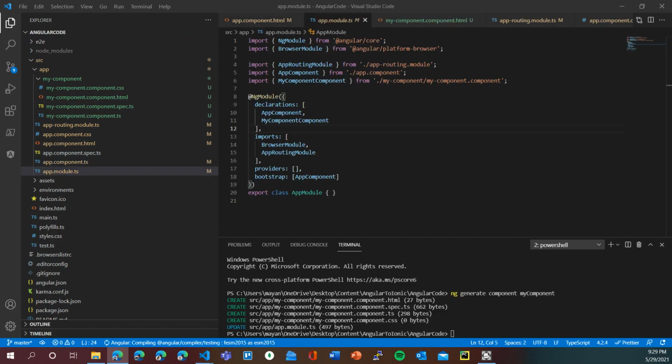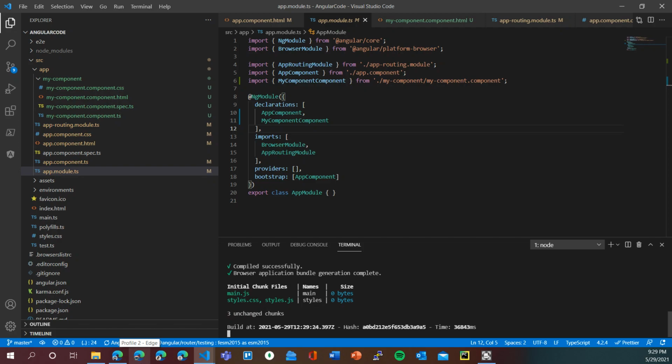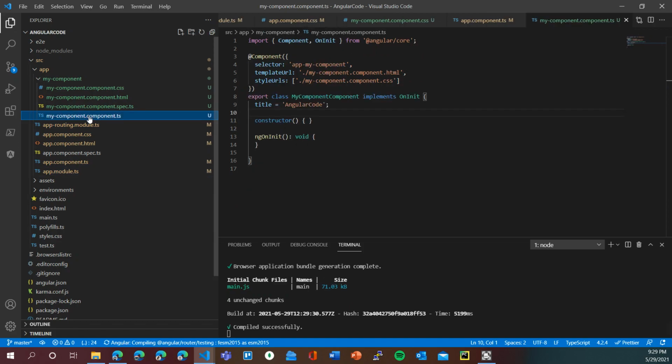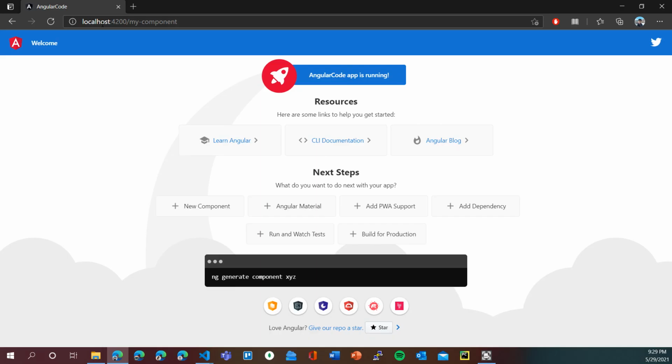Okay, so the Angular code has been served. It's loading. Just wait for a minute. Okay, so there is an error that the title is not present, but we just added it to my component, so this error should be resolved. And yes, you can see that whenever we go to localhost 4200, it gets redirected to my component, and we are able to see the Angular homepage, which we put inside my component.